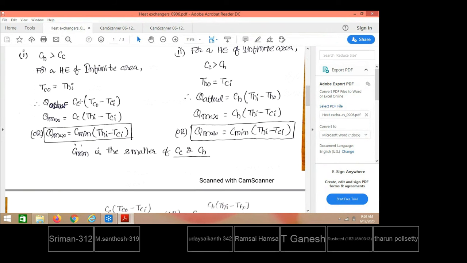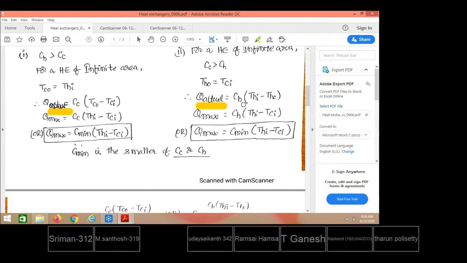So you see here Q actual, which we are already familiar with. The amount of heat lost by the hot fluid is nothing but the heat gained by the cold fluid. So Q actual equals this, based on the hot fluid, and this, based on the cold fluid. After getting Q actual, equate it to the heat lost by the hot fluid, with this being the heat capacity. This capital C tells you it is the product of mass flow rate and specific heat. Capital C represents heat capacity, the product of mass flow rate and specific heat.